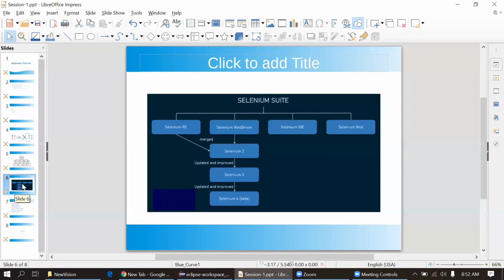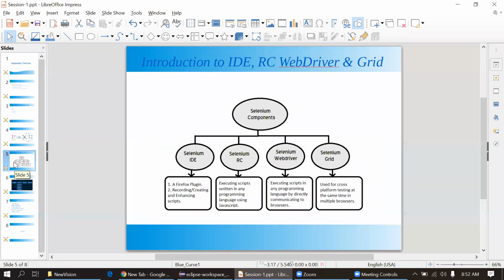Sorry, before you continue, people, Selenium RC means remote control, right? So that means that it has to communicate with servers. And the main disadvantage of that is we cannot use Selenium Grid when we use Selenium RC. As Yogesh explained, in Selenium Grid, we can run on multiple systems and multiple browsers, so we cannot achieve that using Selenium RC. That's the main disadvantage. And if that server goes down, all your script execution is going to fail.